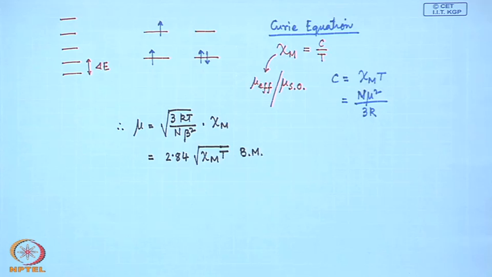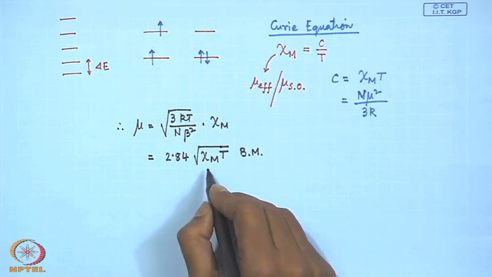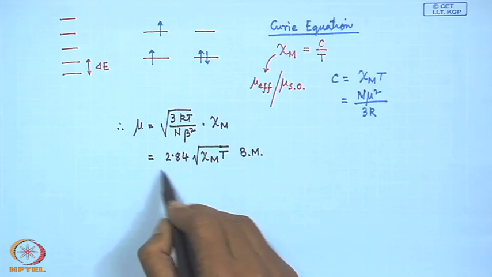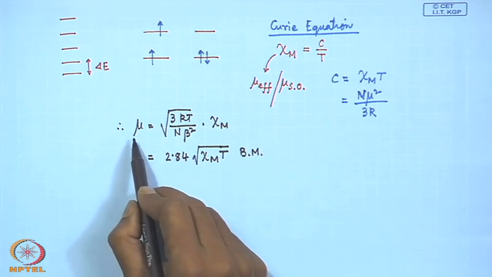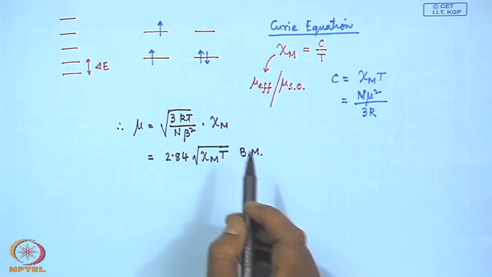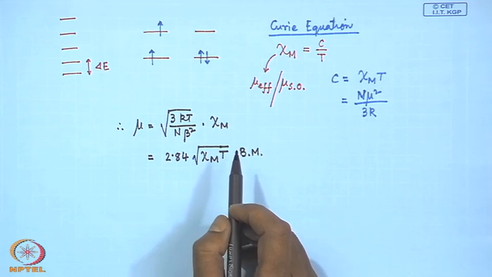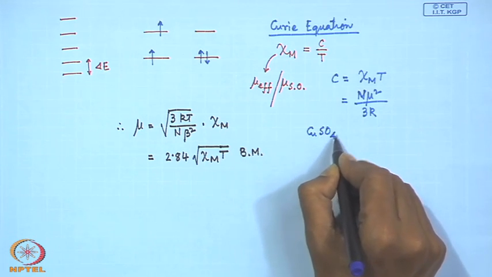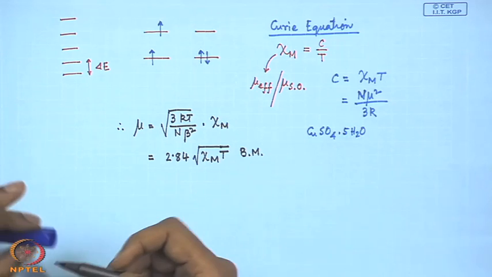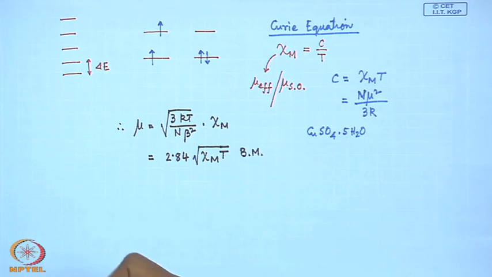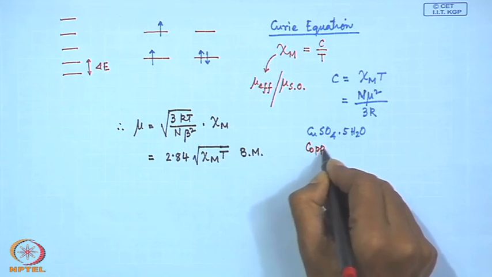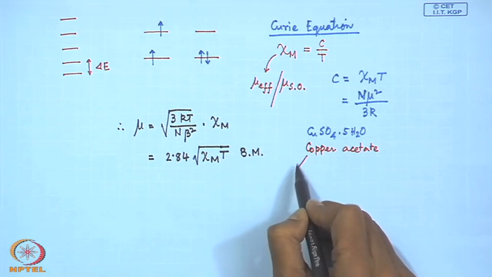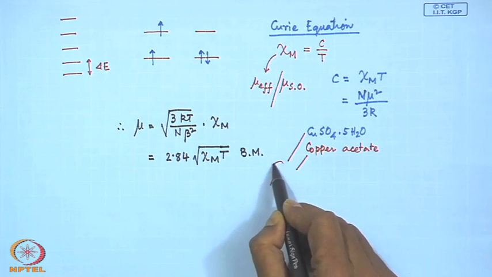So, it is a very simple technique where we can measure the corresponding molar susceptibility values, and if we multiply with the temperature and take its square root, when multiplied by 2.84, which is a constant value, we get the corresponding mu value. So, our problem for determining this magnetic moment is whether for a particular system like a copper compound, any simple copper salt, say copper sulfate pentahydrate, and the one we just have seen, which is copper acetate. So, if we can have these two compounds in our hand,